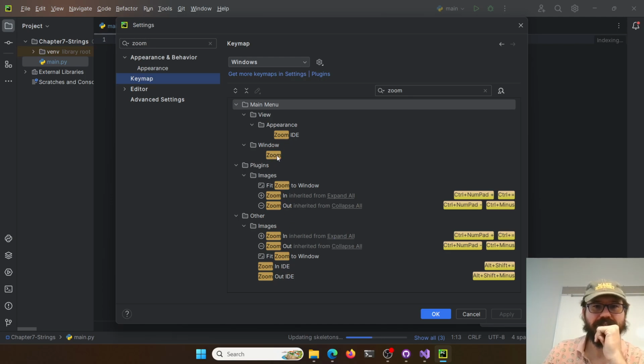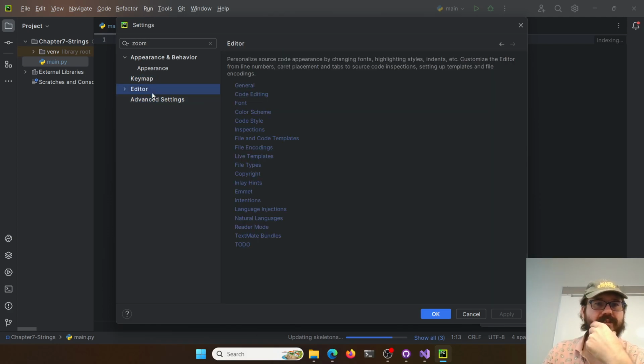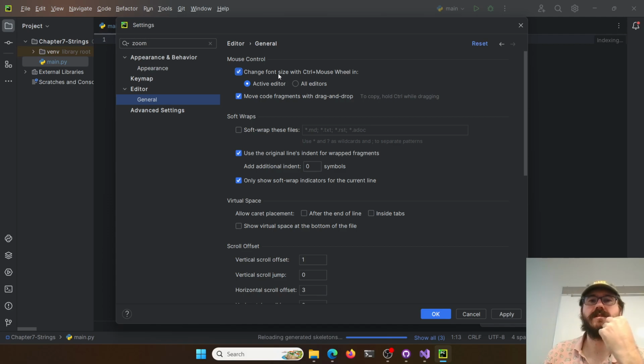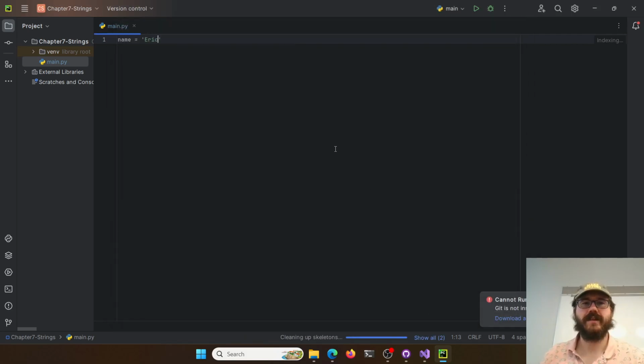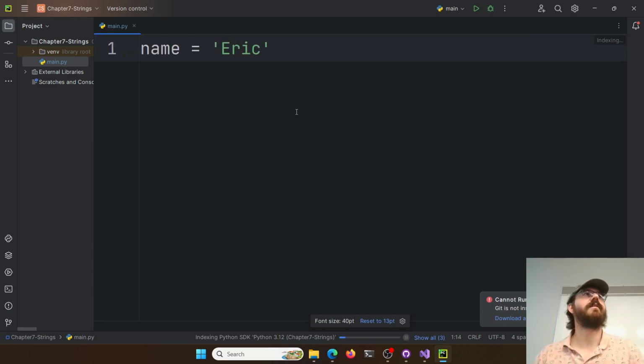I don't want the window zoom. Okay, there we go. Change font size with Control mouse wheel. That's the one I want. Now it zooms for me. That's much nicer. Is that better? Super large? Maybe a little bit less?